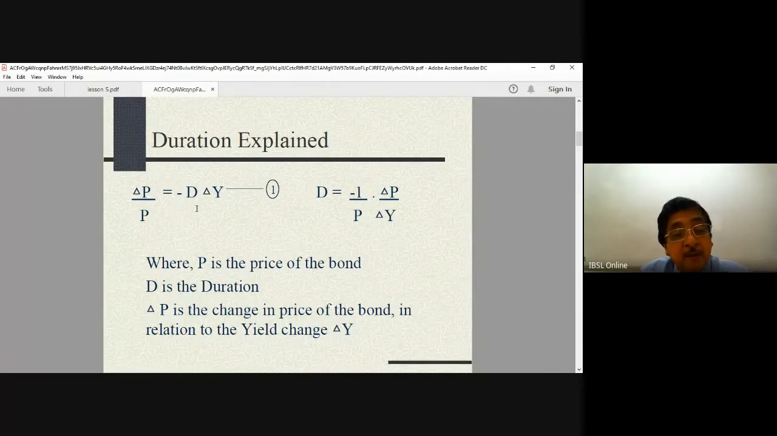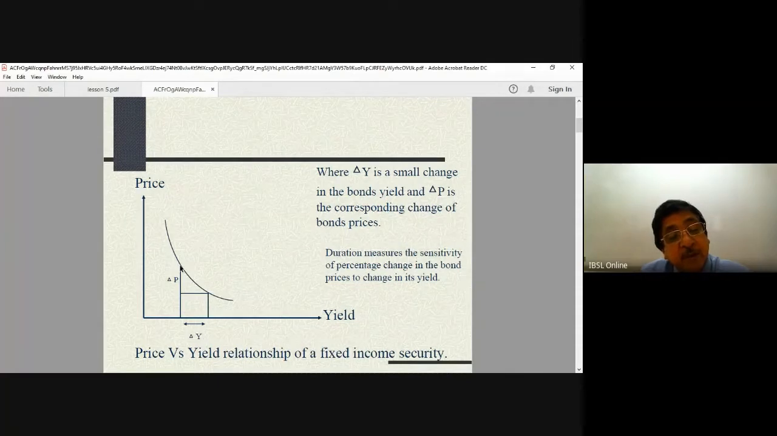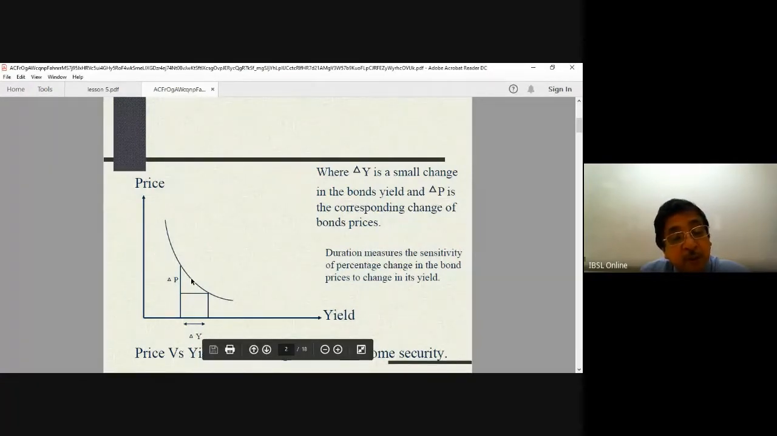But we had several assumptions here. We assumed this portion as a straight line. It's an assumption really, there's no reality here, since it's a curve. But it becomes a straight line when the yield difference is very small. So therefore, the duration measure does not give any valid